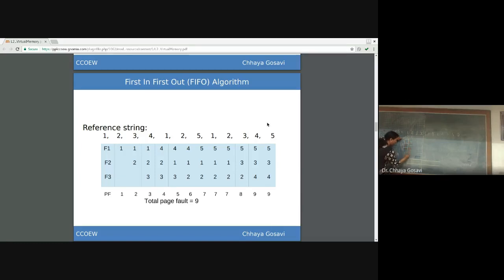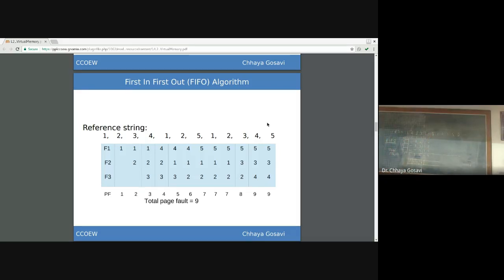Then 2 is a page fault. 3 is a page fault. 4, that is also a page fault. Now for 1, it is a page hit. So there is no page fault. It will be as it is. It is already present in main memory. For 2, it is a page hit. No page fault.